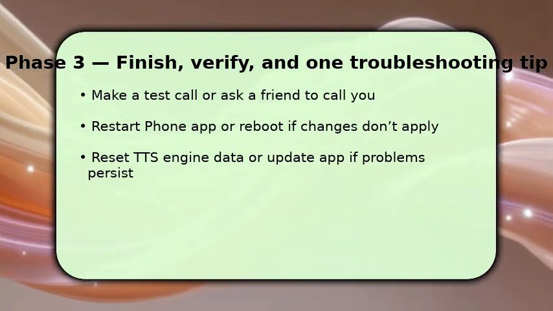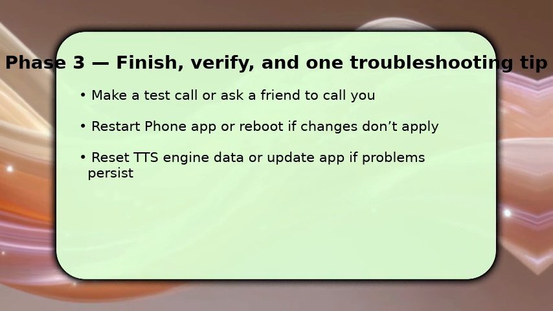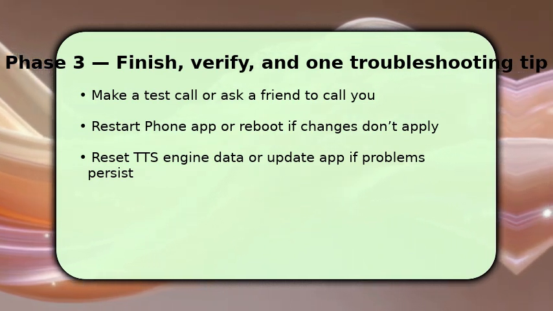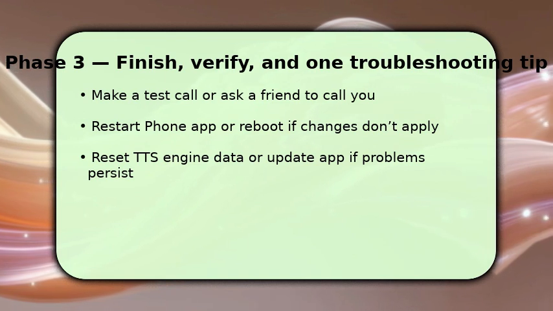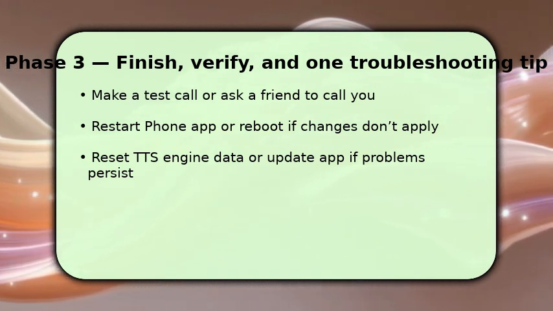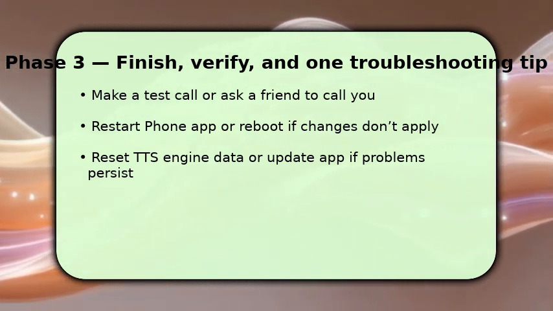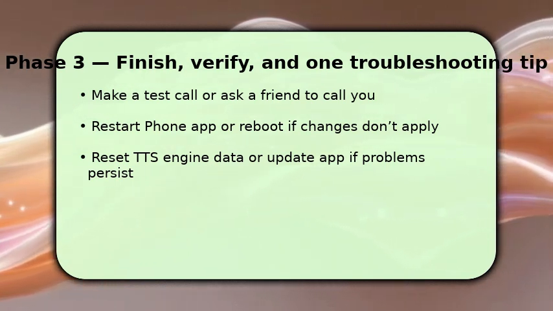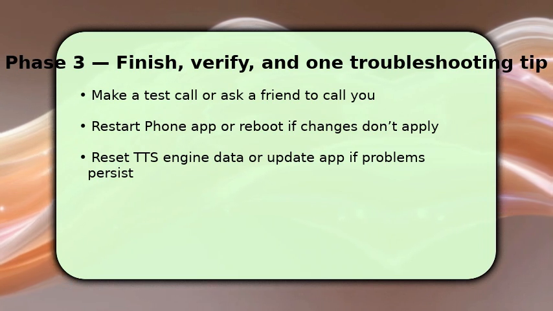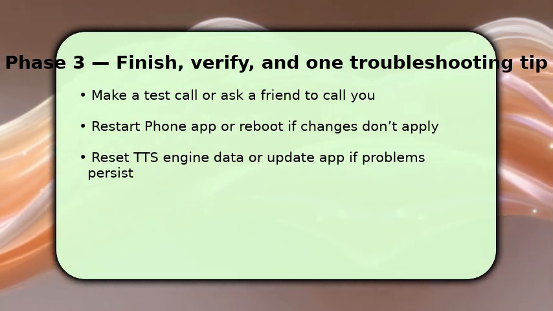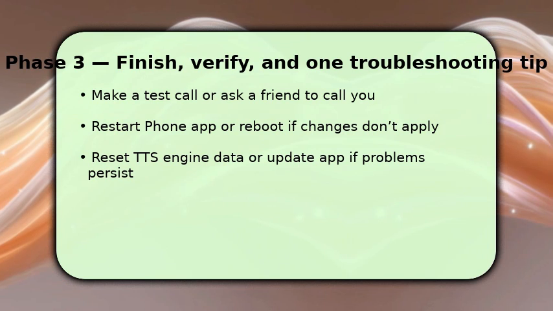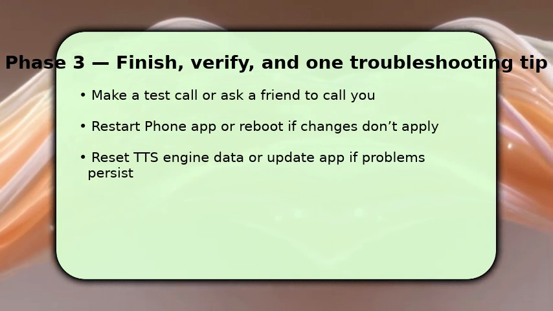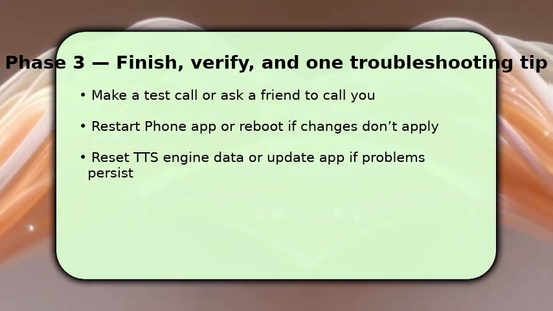If you don't hear it, toggle announce calls off and on, then restart the phone app. Make sure Do Not Disturb isn't silencing notifications. If that fails, clear text-to-speech engine data or update the TTS app in Play Store, because corrupted data stops voice changes from applying. One key troubleshooting tip: reboot the phone after changing TTS engine and language to force the system to reload voice